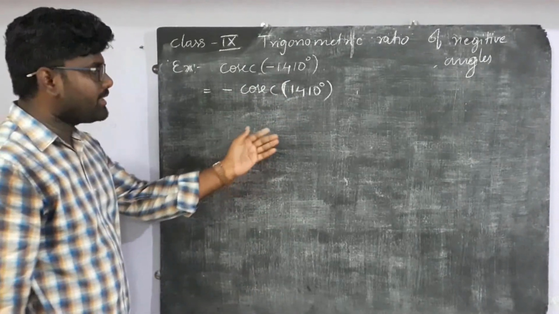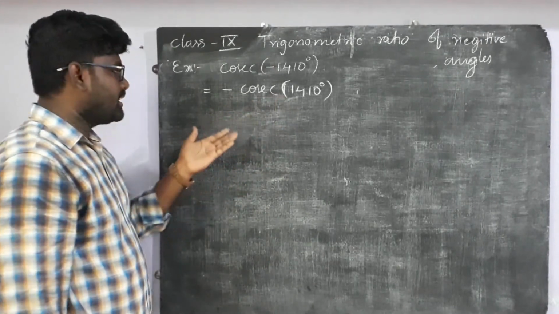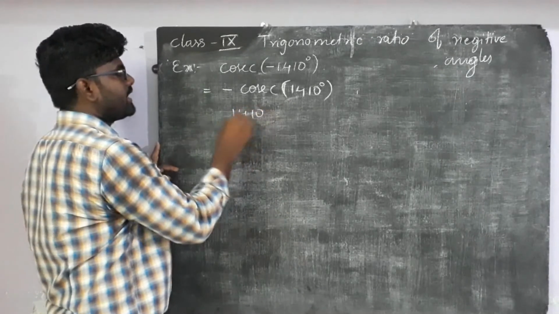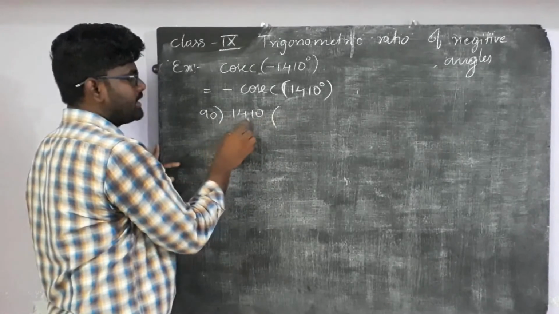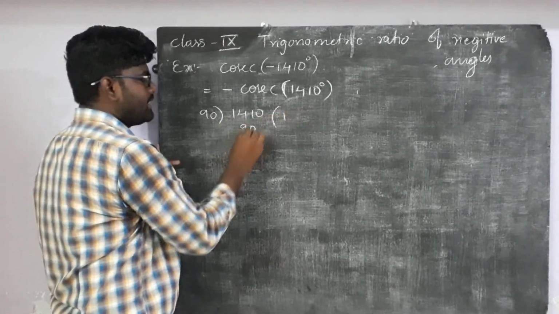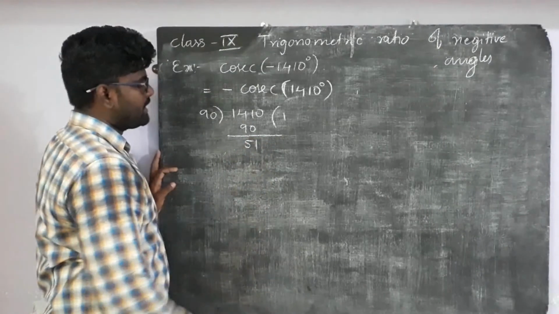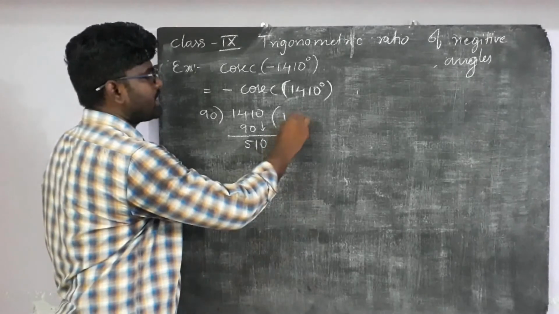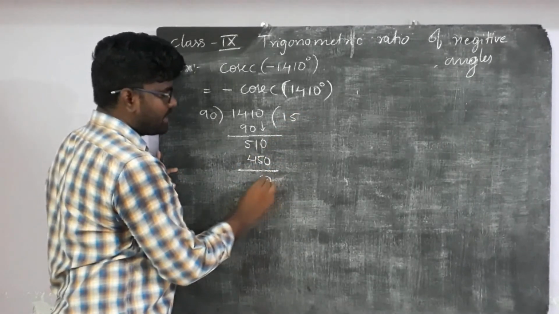Okay, before, we already know allied angles. How a higher angle is given, how can we convert it into the smallest angle? Just divide with 90. 1410 degrees divide with 90. Here 3 digits we can take, means 1 time 90. Then what are you getting? It will become 51 as the remainder. When you take the 0 borrow, then here it is 5 times you can take 450. Then we are getting the 60 remainder.